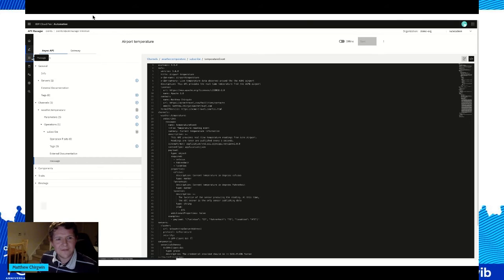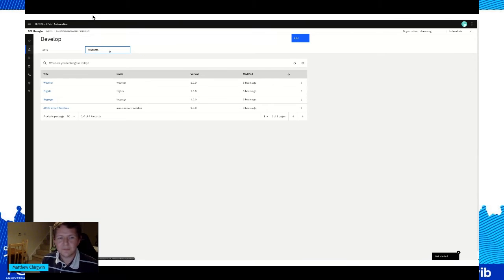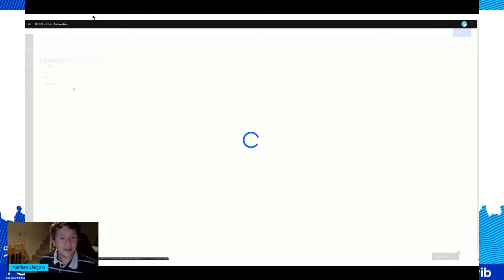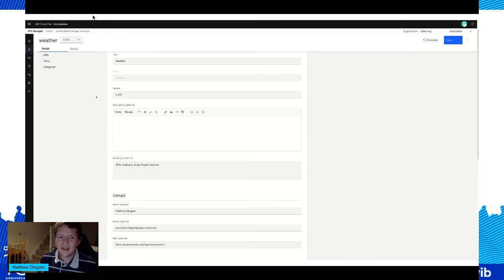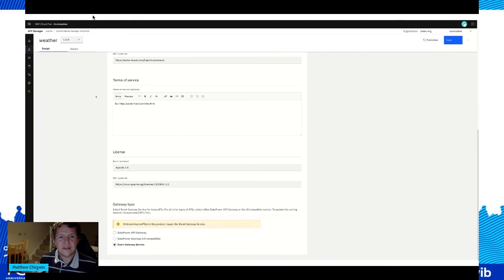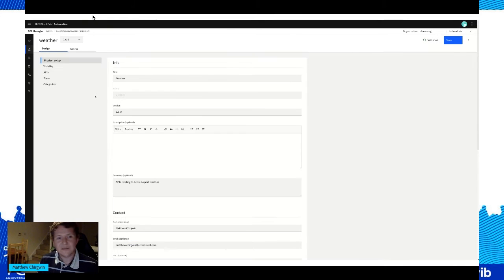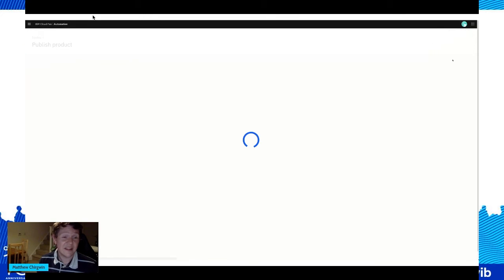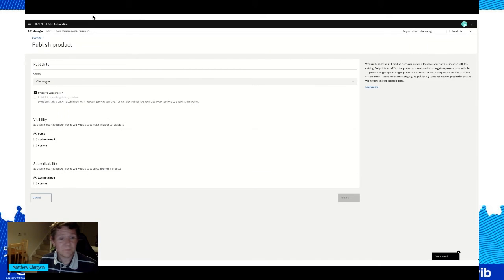So what we have in Event Endpoint Management is this construct of products. Products are groupings of like APIs which are published as one unit. This provides you the ability to version these things, as well as provide additional metadata about what the product contains. And it also allows you the opportunity to mix styles of APIs. So you could, for example, have synchronous APIs defined in OpenAPI and async APIs side by side.